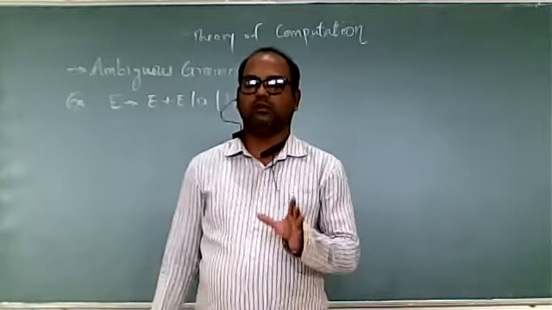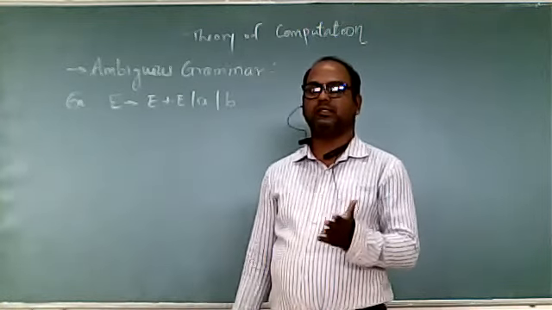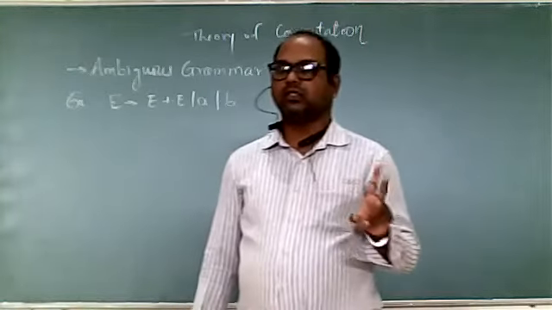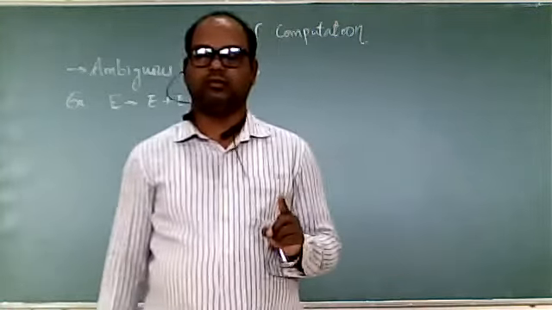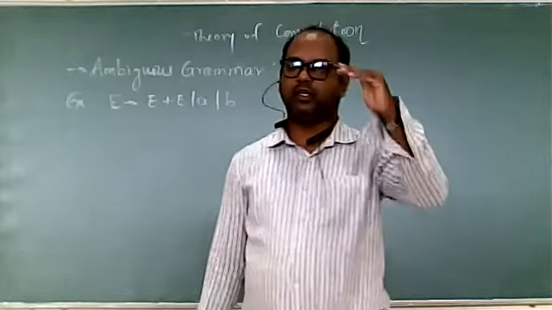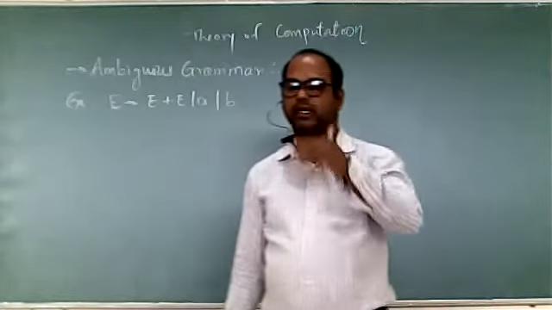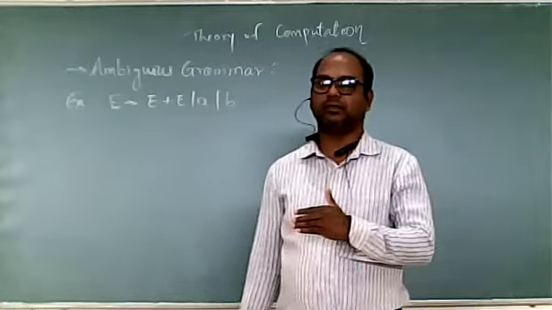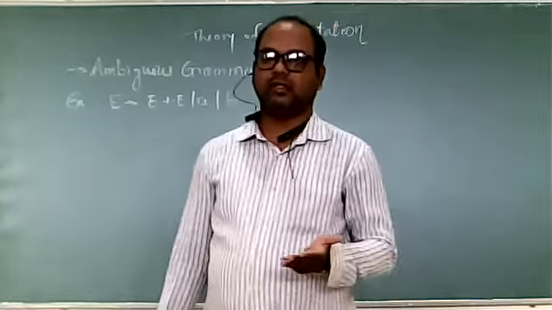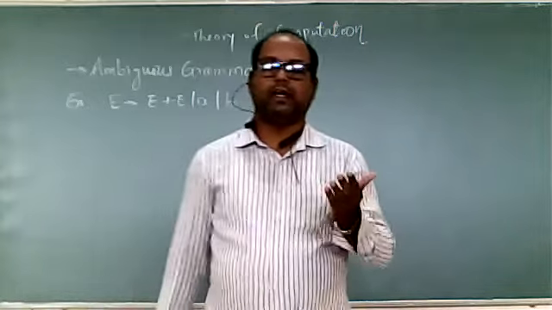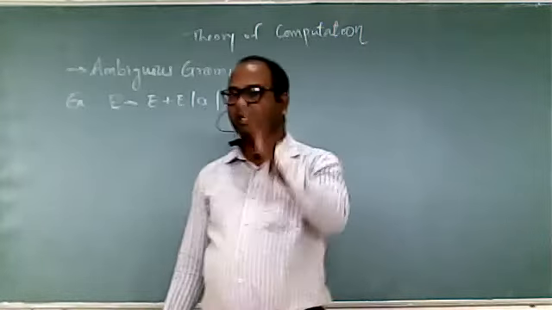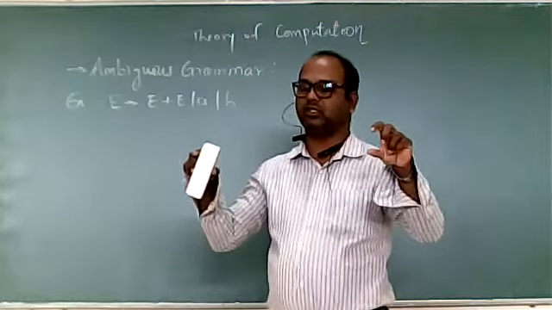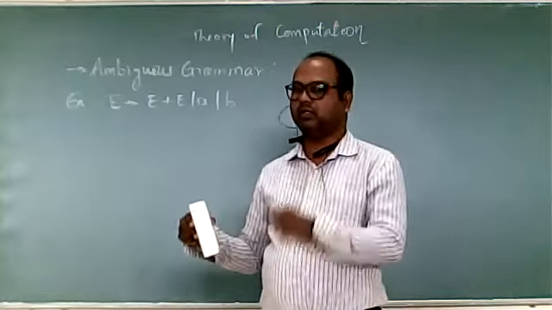First of all, we know how to represent the CFG. We can represent the CFG in two ways. First is called a sentential form, where we are deriving the string with the help of the equations, using the productions. The second method of representing the CFG is by drawing the parse tree. We are drawing the parse tree as per the productions, and we are trying to derive the string.